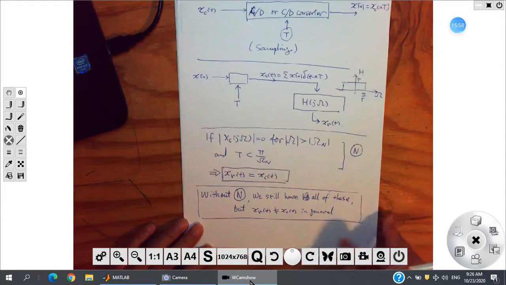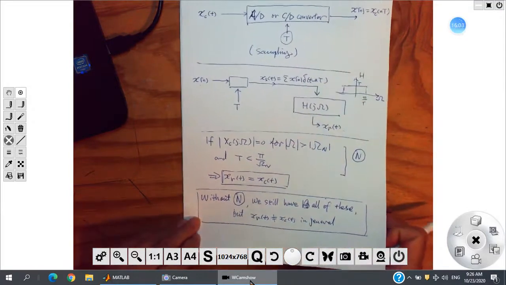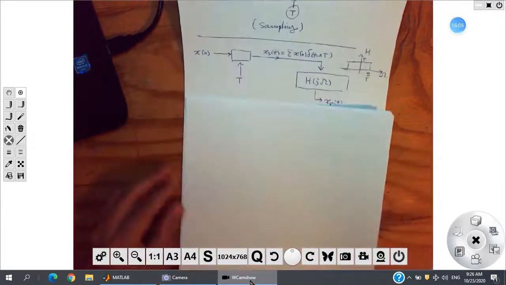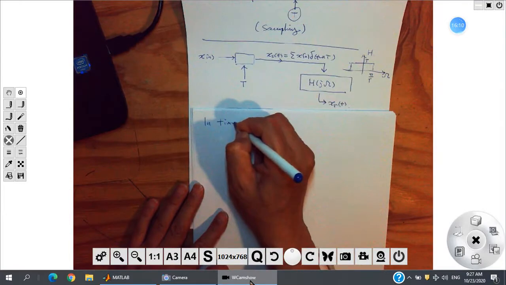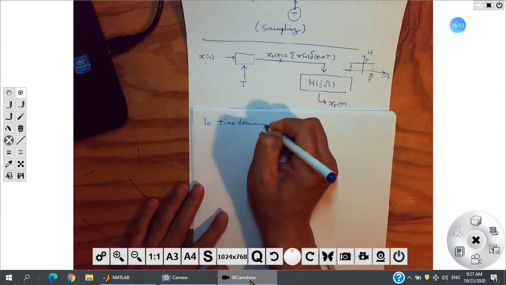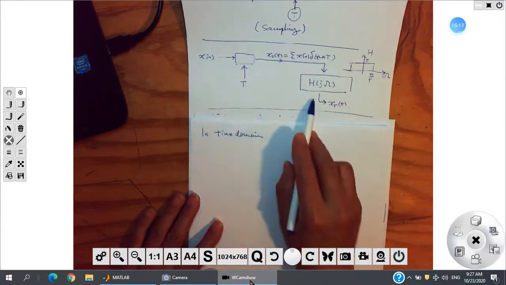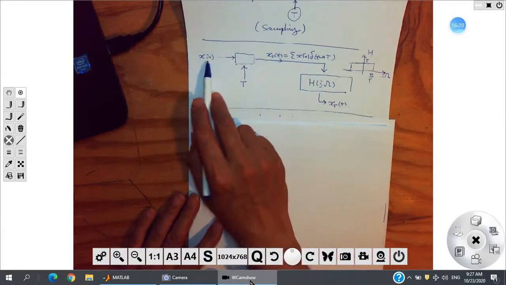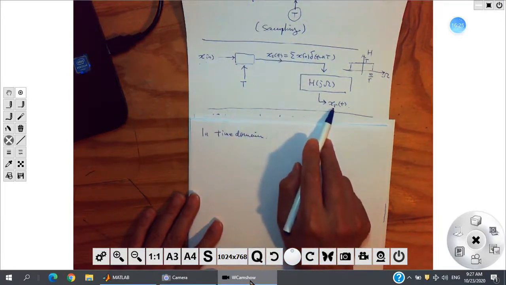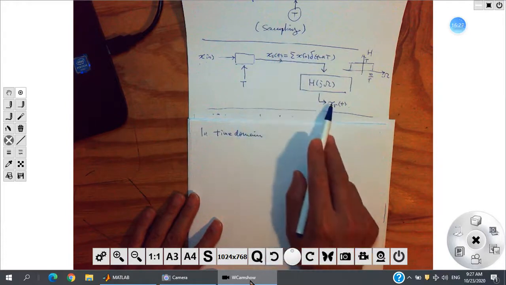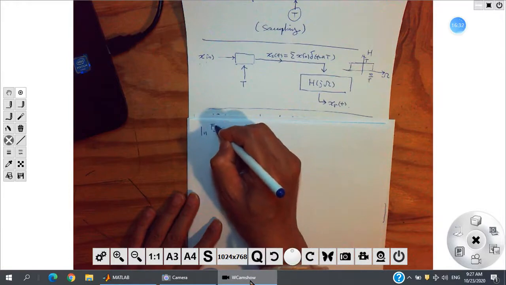Okay. This is what happened in the frequency domain. We can also see the same process in the time domain. Here's x of n: x of t takes samples, we have x of n, then we have xs, then we have xr. So this process, in the frequency domain, sorry, in the frequency domain, we have